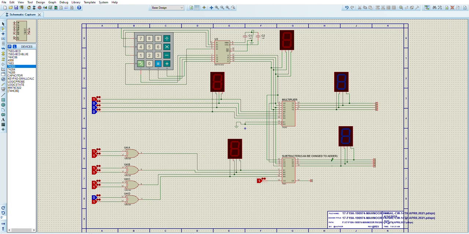Now in the adder and subtractor, we use a carry. The carry is 1 if you want to subtract the values, and the carry is 0 if you want to add the values. But we would do it 1 because we want to see the subtractor first. So it's an XOR gate. In XOR gates, when the inputs are different, only then the output is 1. Otherwise, if they are the same, 1 1 or 0 0, it will be 0.